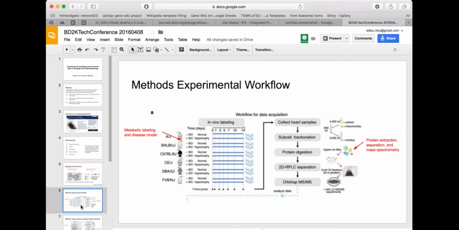We have a quite detailed method description in the manuscript, and here I'm just showing a schematic from one of the figures in the data descriptor manuscript, basically showing on the left-hand side how we perform the metabolic labeling in the disease model, followed by a simple workflow on how we extract and separate proteins and then analyze them by mass spectrometry. And at the end, you see this little blue arrow here. We acquired this data set, and